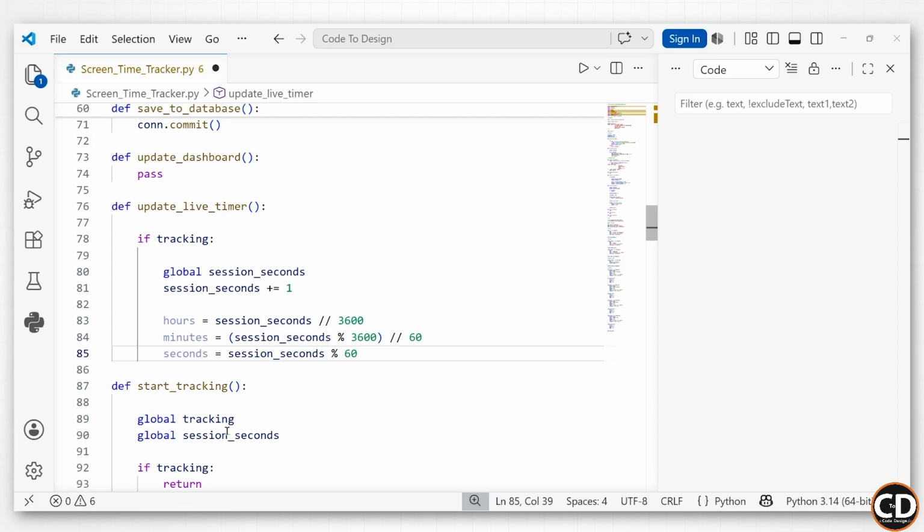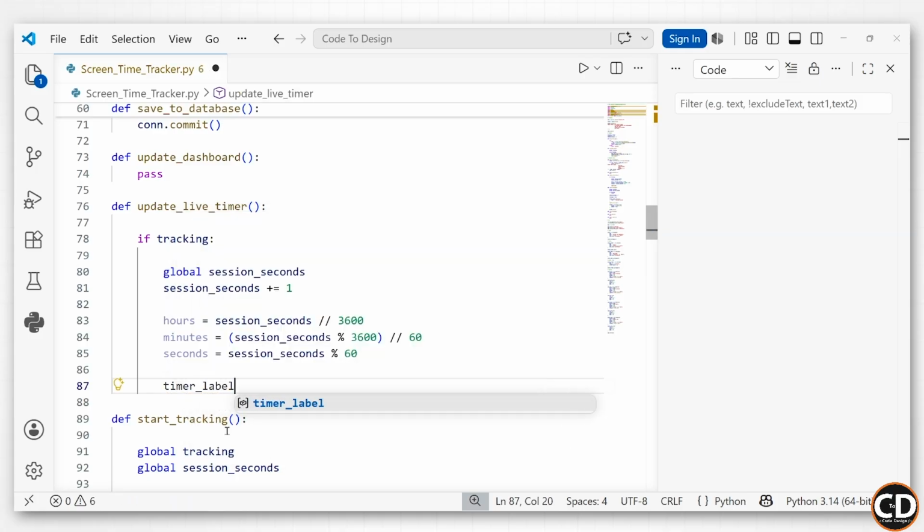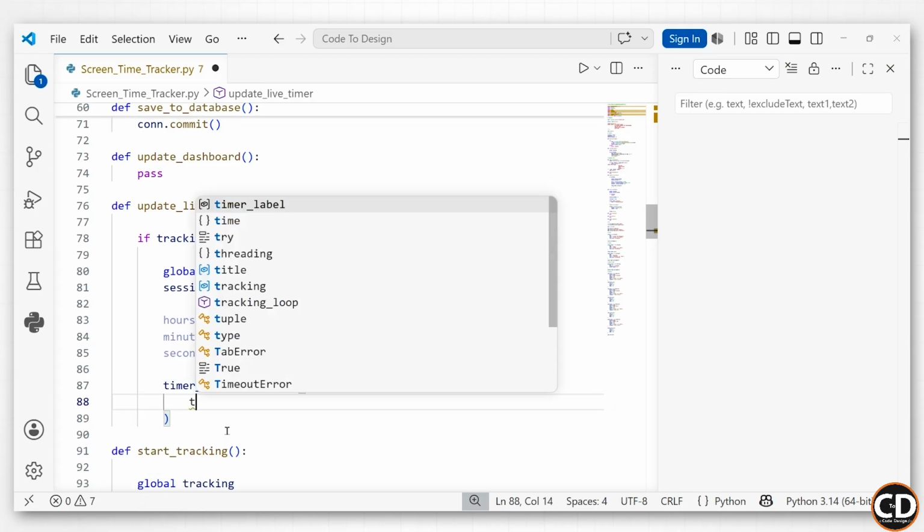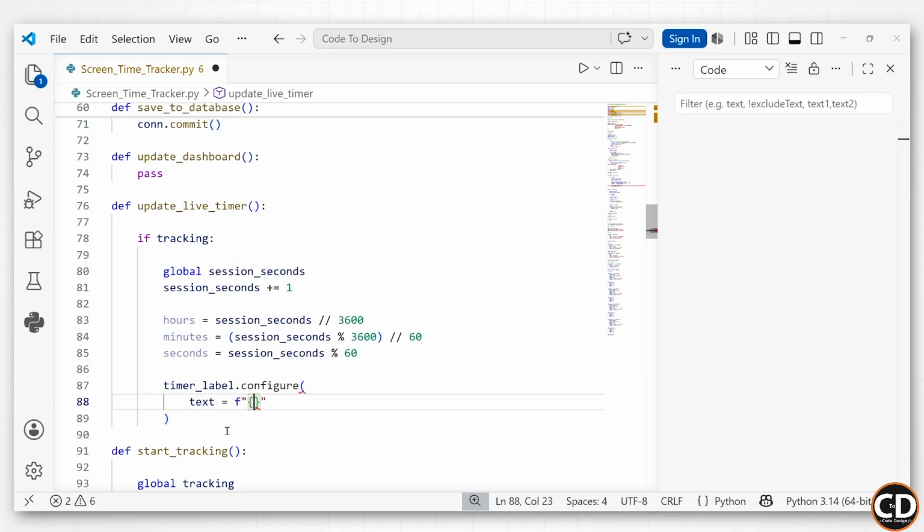Now, let's update the timer label. We'll write timerLabel.configure. Just like we used configure earlier for the status label, we're now using it to modify the timer label. Specifically, we're updating the text. So let's write text equals f-string and then hours:02,